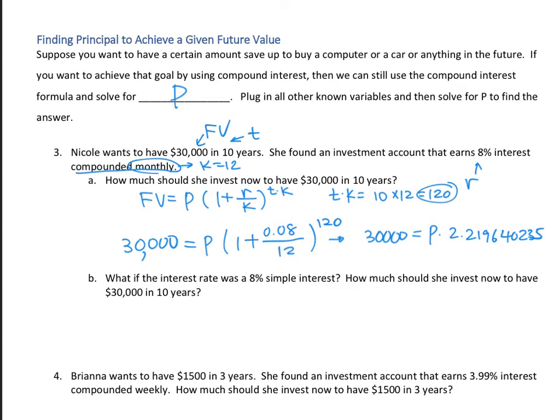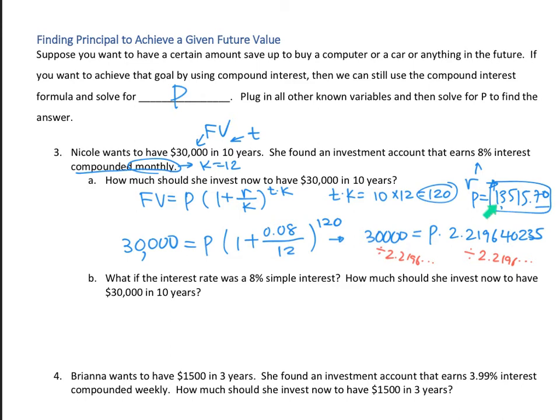So okay, I have the equation here. I want to solve for P. P is multiplied by this thing, right? So can I just divide both sides by this 2.2 number? Then I can have P by itself. So that's exactly what I'm going to do. Divide by 2.2196 dot dot dot, divide by 2.2196 dot dot dot. Once I do that, these two will cancel out, and then you get P by itself. So when you calculate it all out, I got P is equal to 13,515.70. Okay, so 13,000. Oh wow, nice.